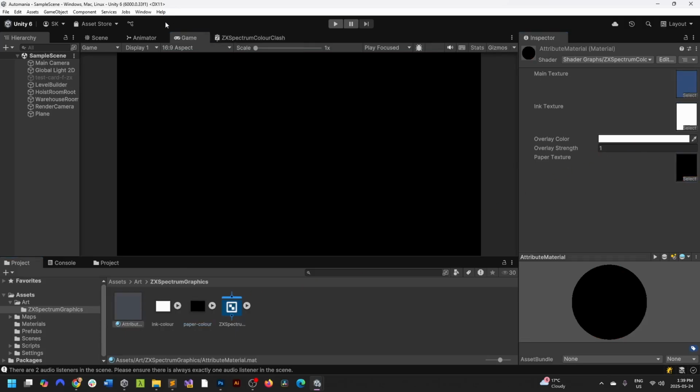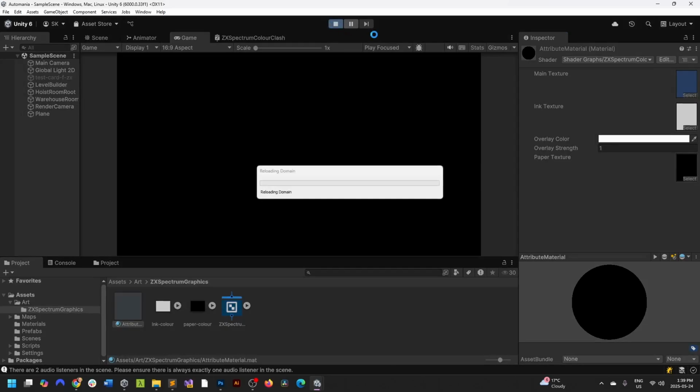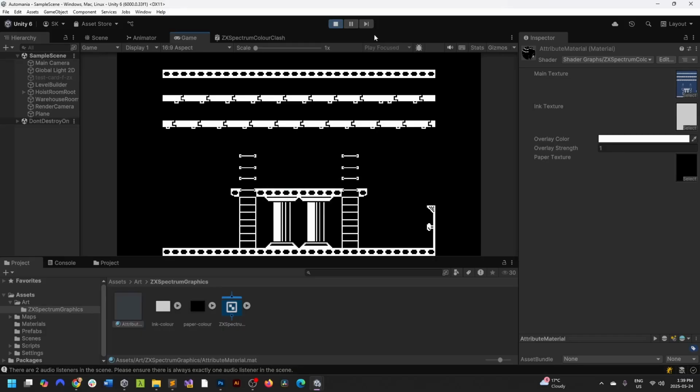So when we run the game, we're going to get displayed what we think we're going to get displayed, which is the level that we did in the previous video. So that's our previous video. So now what we need to do is inject some color into this scene, and what I'm thinking is storing the attributes for each of these